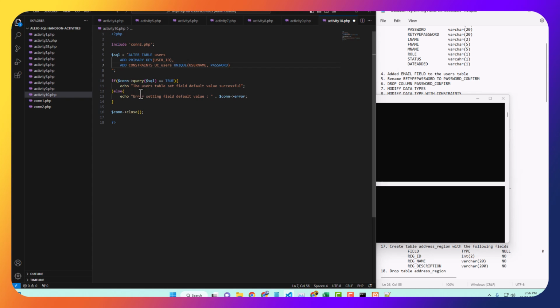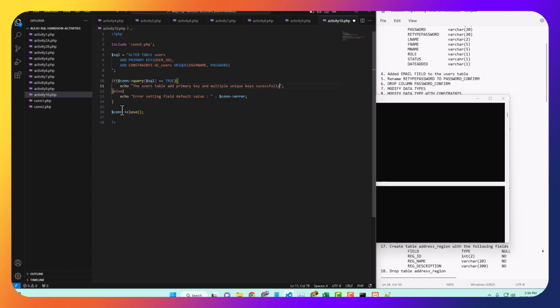So we will just follow if correct siya SQL. We will just output here the users table, add primary key and multiple unique keys